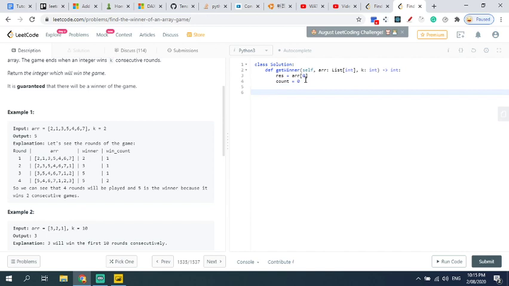So count will start from 0, and then we do a for loop, and this for loop will go from the index 1 to the last value, from the second value to the last value, because we start from the second value to compare with the first value. So we will do an xrange from 1 to the length of the array,